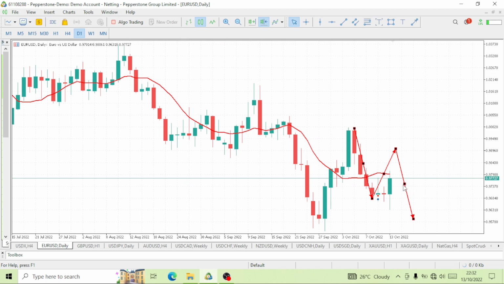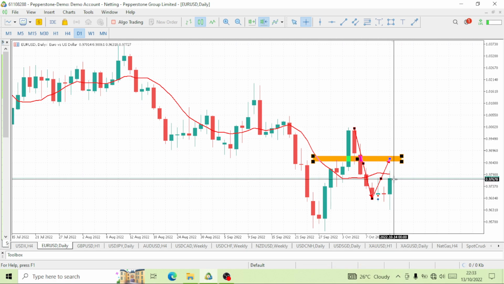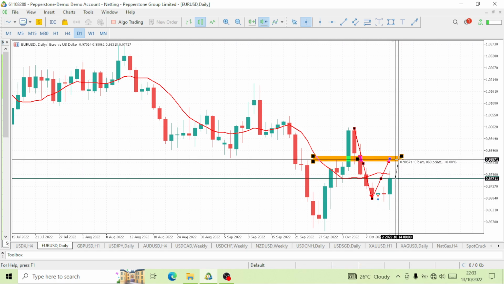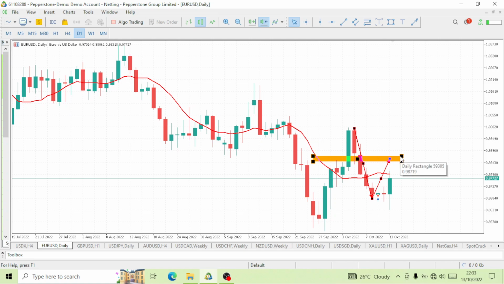So is this pullback over? Definitely not. We would want to see it at least get to this level where it once reacted before. So that once this price goes to this level, a pullback occurred, then it pushes up. So now that we are dropping and the pullback is occurring here, I don't think the pullback is over yet until the pullback goes bullish. At least we still have about 100 pips of bullish move to be made before we now see that